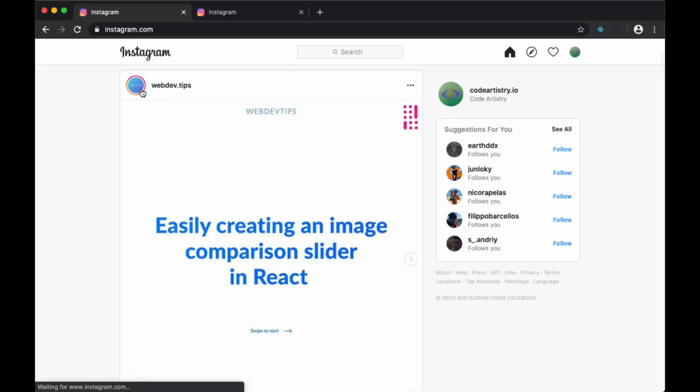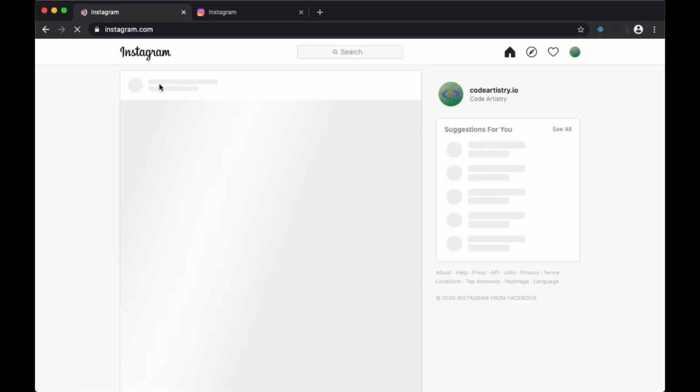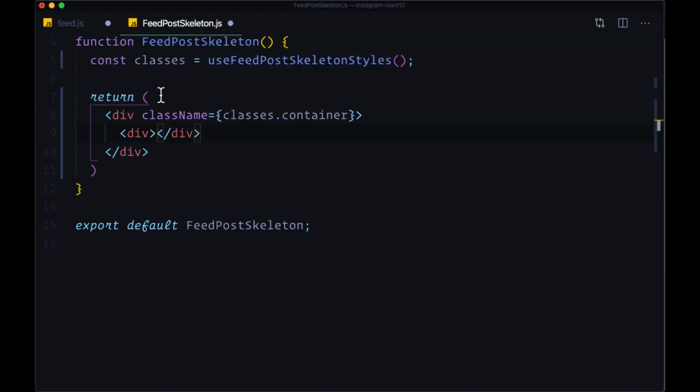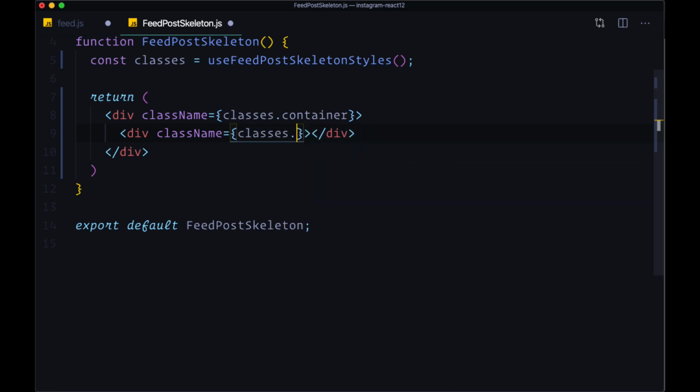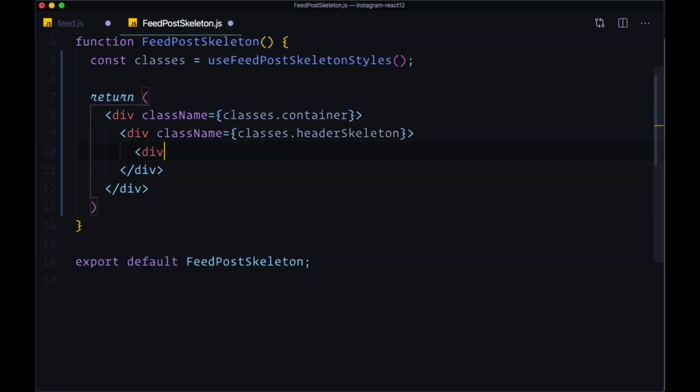It's going to consist of an avatar and a username area, as well as a secondary text or a name area. So we'll have a div, the class header skeleton, and then within that div, which will just be a single tag with the class